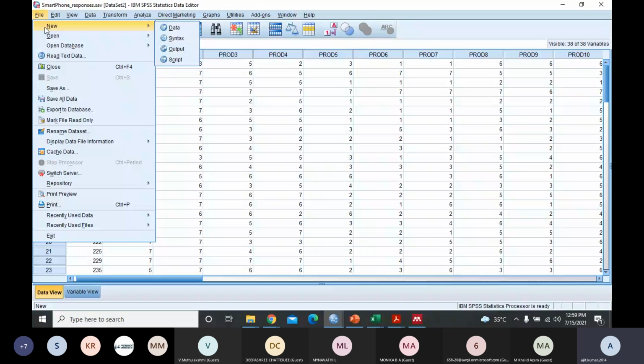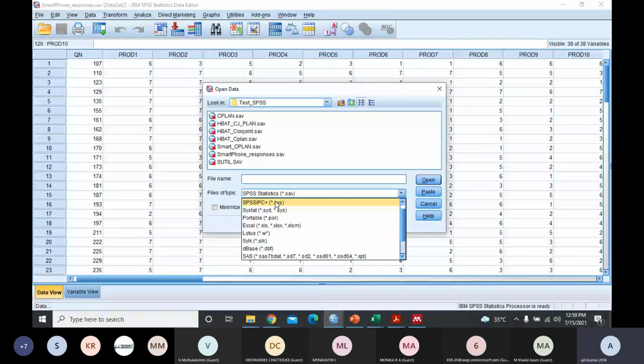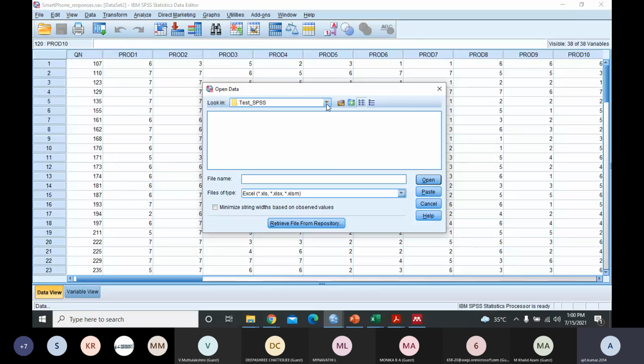That is easy, right? We simply click open data, Excel file, and import that data set. We import this data set using the first sheet.